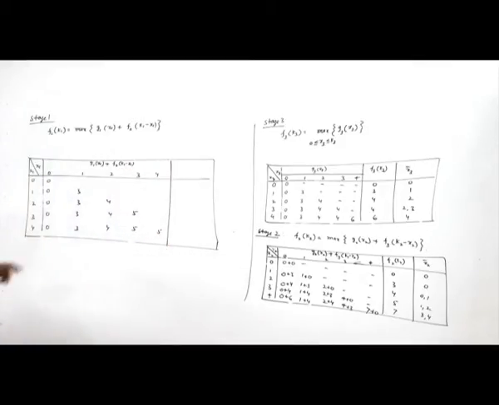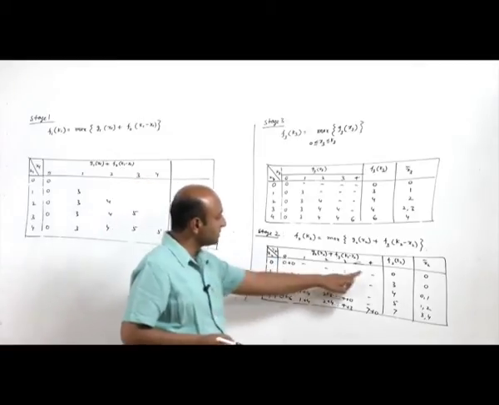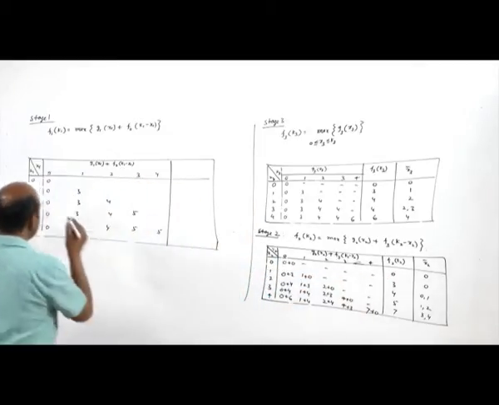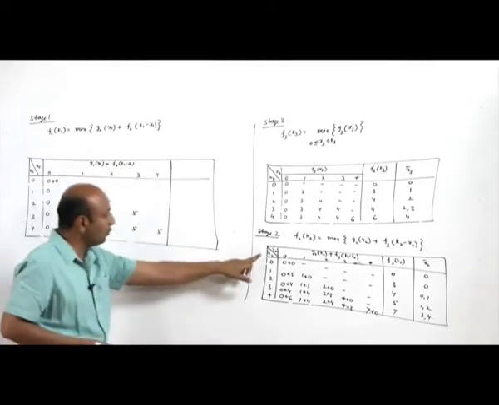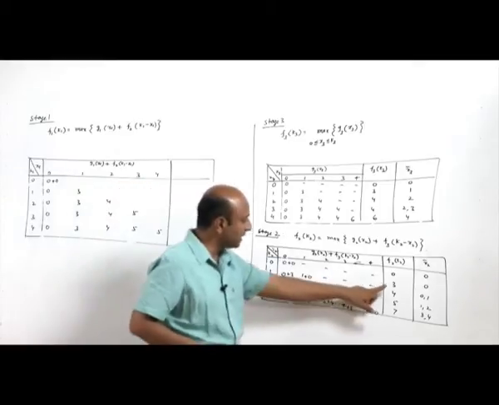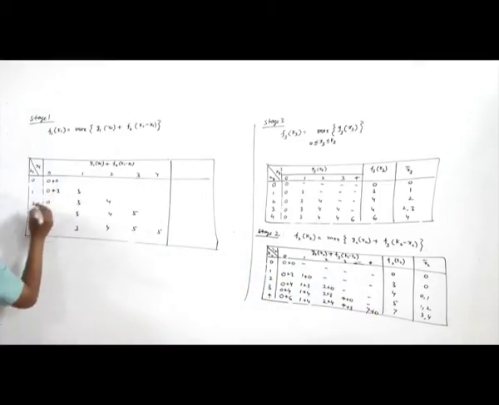So if it is 0, then 0 minus 0 is 0. So F2 0, F2 when K2 is 0, is 0. So it is plus 0. Again when it is 1 minus 0, F2 at 1 is 3. Okay, so it is 3 plus 3. 2 minus 0, it is plus 4, again plus 5, plus 7.